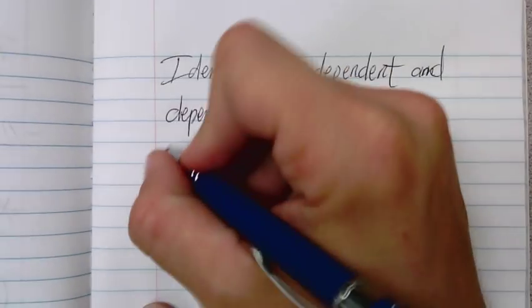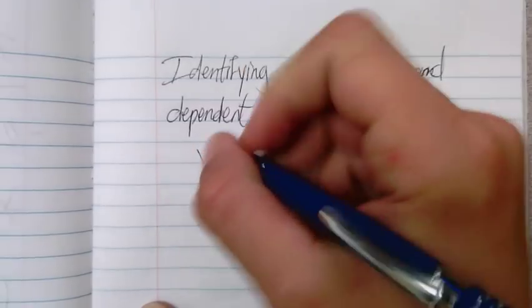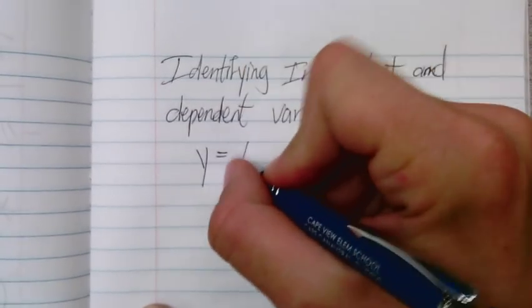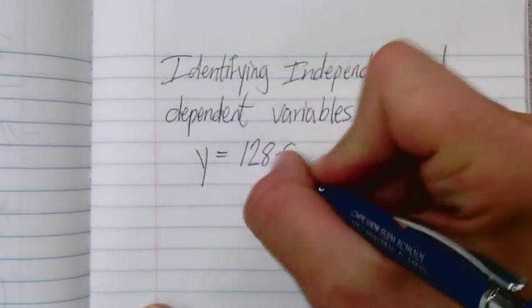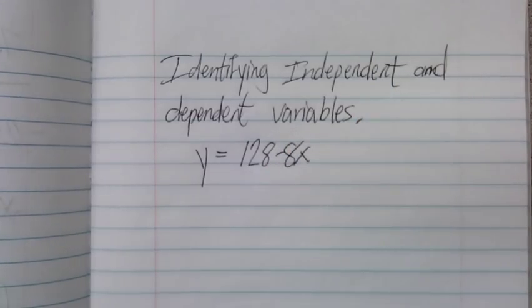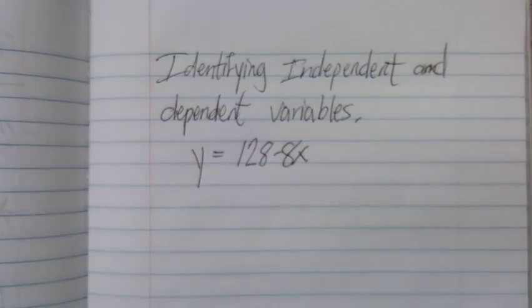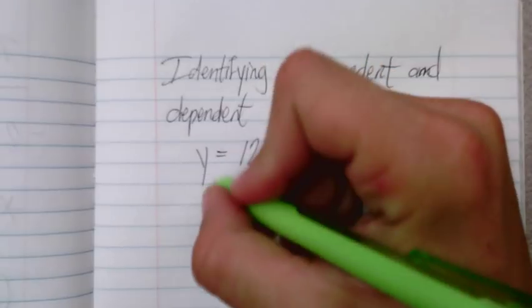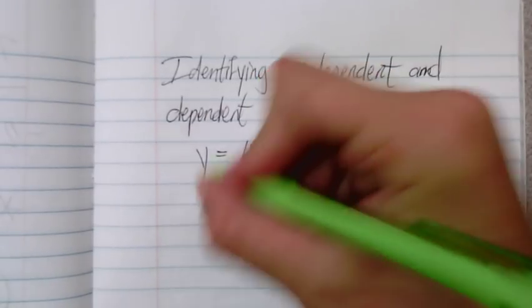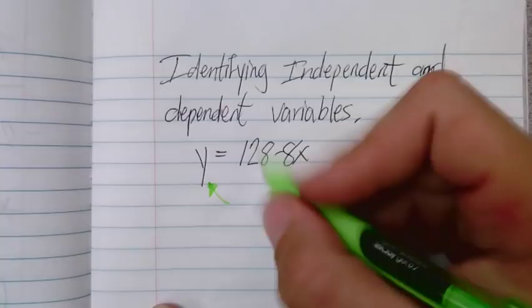So the equation y equals 128 minus 8x gives the amount in fluid ounces of milk remaining in a gallon jug after you pour x cups. So y is the remaining amount,